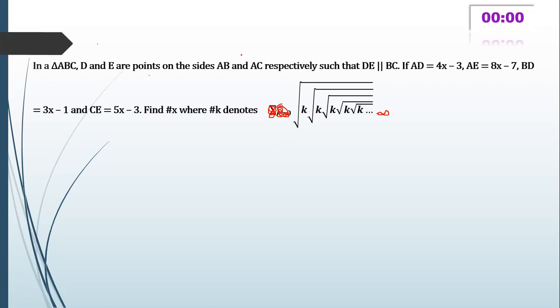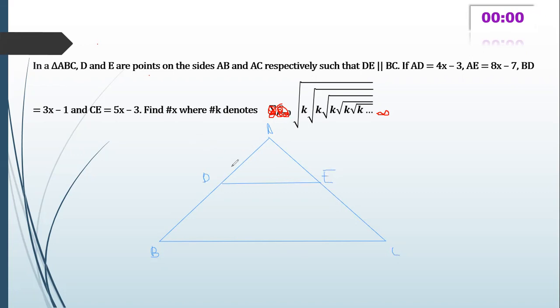Those who said x is equal to 1 are absolutely right, because I am showing you based on the basic proportionality theorem. So let me draw this triangle, and as I told, please draw spacious figures because it may be complex sometimes. Okay, so this is A, B, C, D and E.